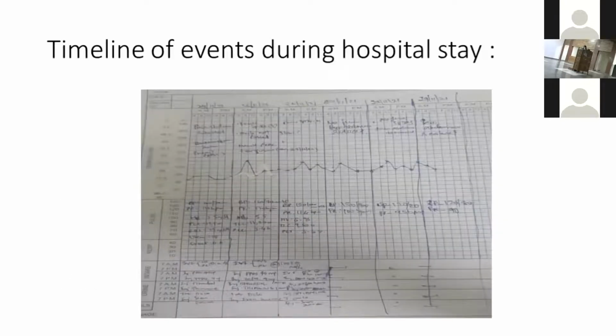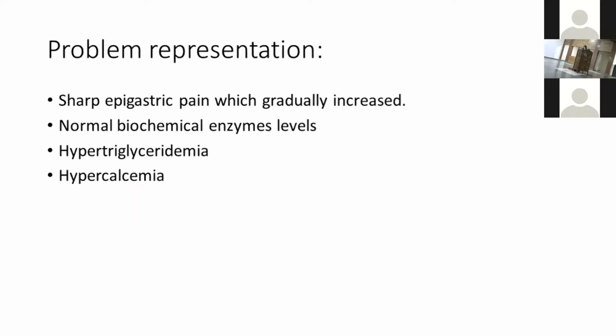These are the timeline of events. We couldn't see any fever spikes on day one on presentation. Borderline, we could see that, and the further events show his TLC count was decreasing, and the trends of his vitals, and also the trend of his symptoms, where his pain abdomen subsided subsequently.